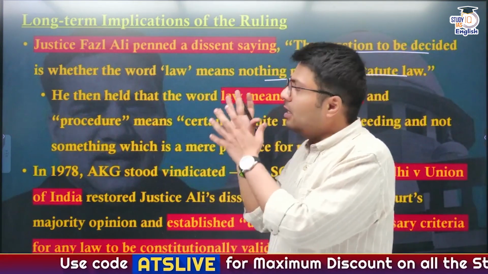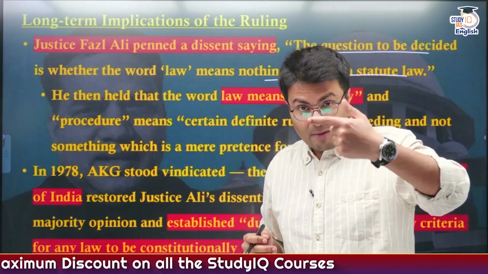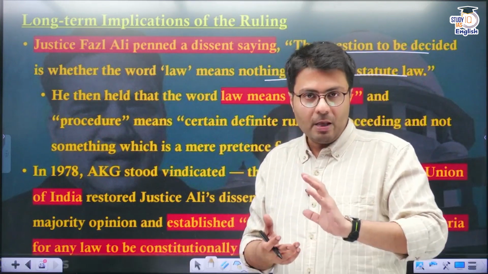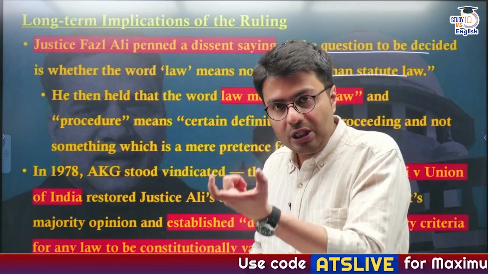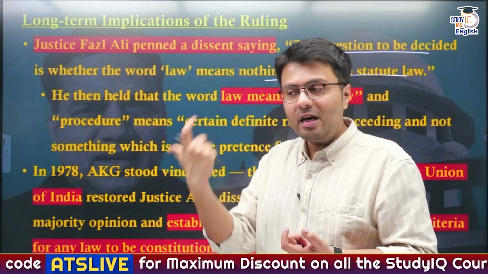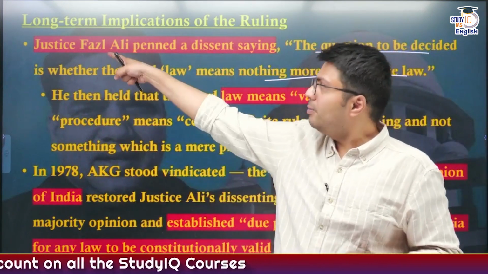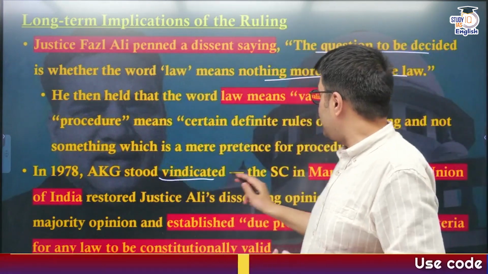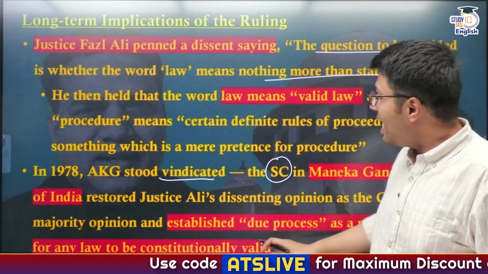If you look at the dissent penned by Justice Fazl Ali, he actually highlighted that you need to interpret Article 21 broadly and not narrowly. That the law passed by the Indian Parliament should not just fulfill a certain procedure, but should also satisfy the broader needs of fairness, justice, and also adhere to principles of natural justice. And the dissent of Fazl Ali in the A.K. Gopalan judgment stood vindicated when the Supreme Court of India in Maneka Gandhi versus Union of India case